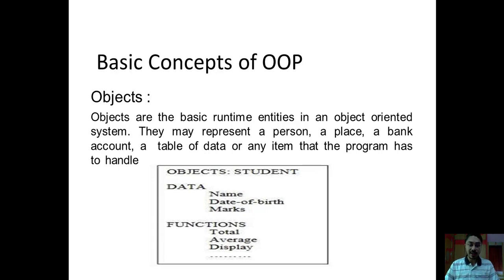Let's have an example of bank database management software. So what are the possible objects that I will have in the bank database management? You can enlist, like I will have a bank customer, then I will have a bank employee, then I will have bank details. So these are nothing but the possible objects that I can have in the bank database management.